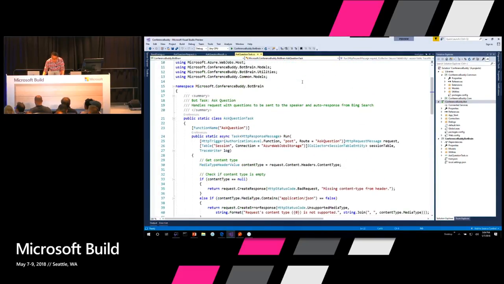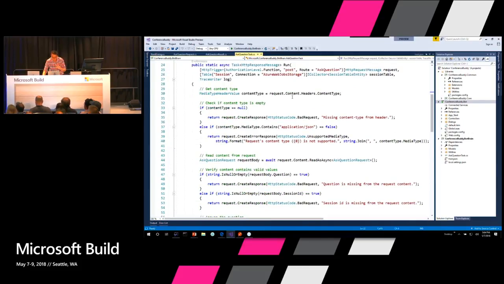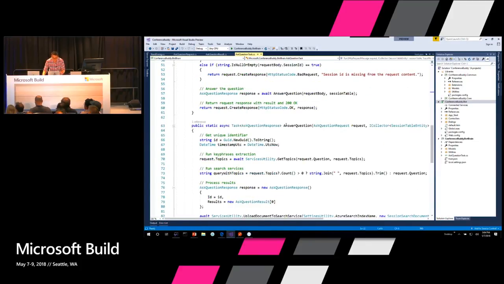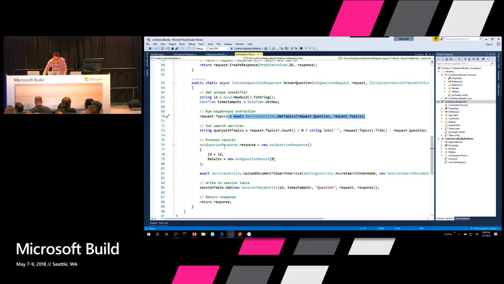And you can see that this is a very standard Azure function, right? Everything that comes in is just processed to see if it's the right type and all that. And then at the end, it's trying to answer the question, or in this case, it's more like passing the questions to the speaker. So what it does is it captures the timestamp and runs key phrases on that, so they can determine some topics and those kinds of things. And then it's immediately sent to Azure Search as a backend, so the dashboard can actually see it and process it. Okay? So that's how this works.